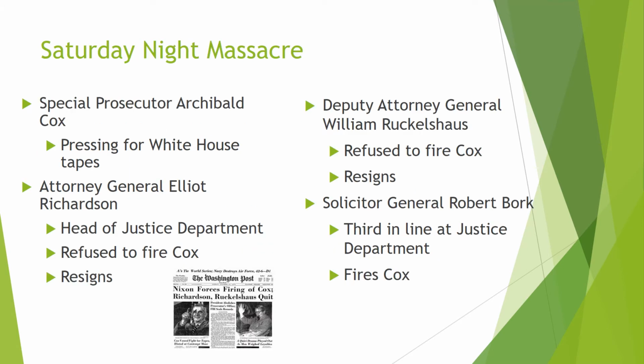We get to the point in the scandal where the Justice Department has created an office of the special prosecutor, and that special prosecutor was Archibald Cox. To give you some sort of modern context for this, Robert Mueller was investigating any possible connections between Donald Trump and Russian interference with the 2016 election. He was a special prosecutor. So that sort of gives you some modern context for this job here. So he's looking for any possible connection between Richard Nixon and the break-in at the Democratic National Committee campaign headquarters.